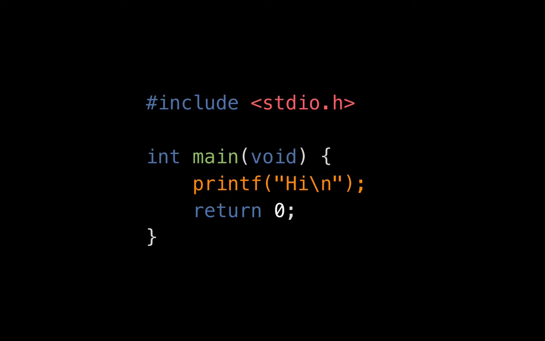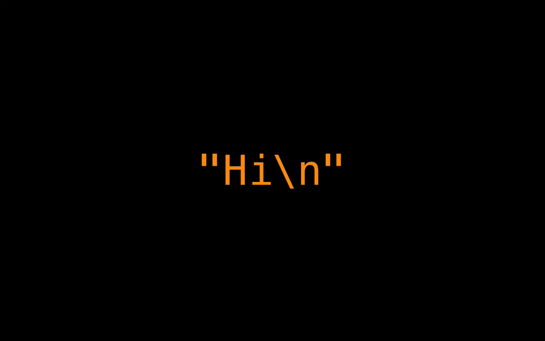Recall that the C language has a strict set of rules that define it, and so missing out even a single punctuation mark like a semicolon to end a line may result in an error when compiling your code. If we want to output some text to the screen using printf, we can just pass the function a series of characters to output called a string, which we denote using double quotes. Escape sequences within strings allow for the use of special characters such as new lines, for example via the \n